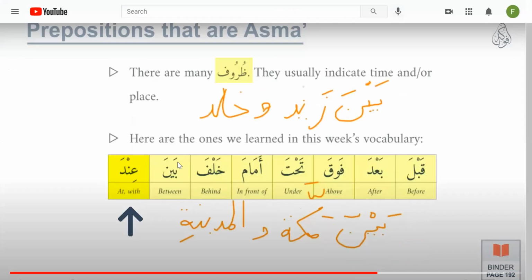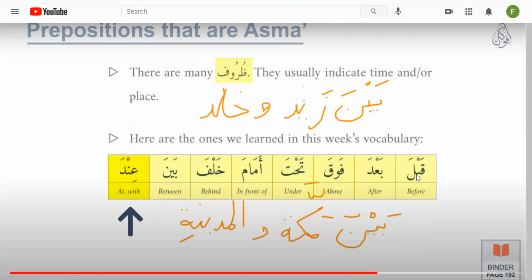Now, in the Quran, are there exceptions to this? Yes. Sometimes they say min ba'du or min qablu with the dhamma. That's a different topic. You can say it's an exception to the rule, but generally they're going to have a fatha. Okay, that's a good way to remember. Also, that's a good way to remember the difference between the huruf and the dhuruf.